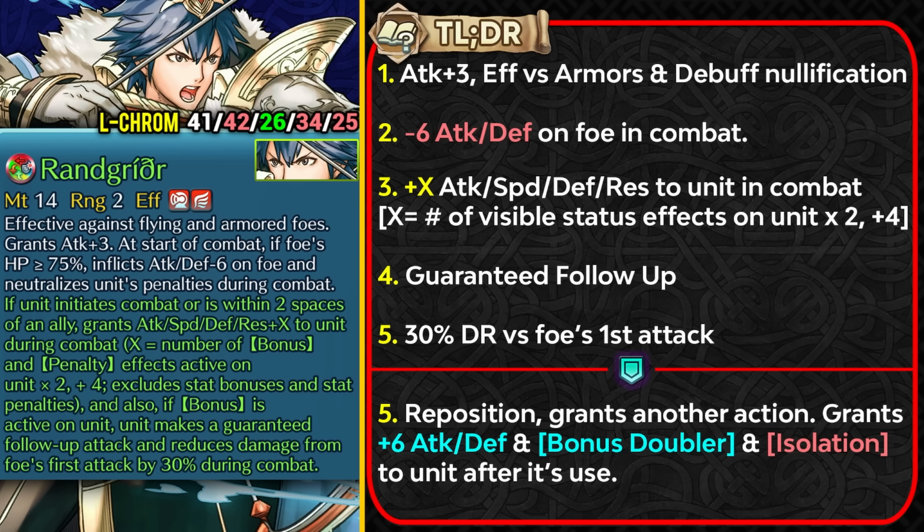But a lot of times the hardy fighter armor units who do have the follow-up prevention are going to be able to just eat up this kind of guaranteed follow-up attack and prevent him from doubling. So that is going to be an annoying thing, but still he's going to be a lot better unit now